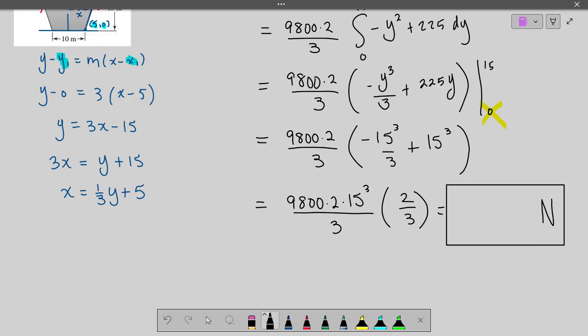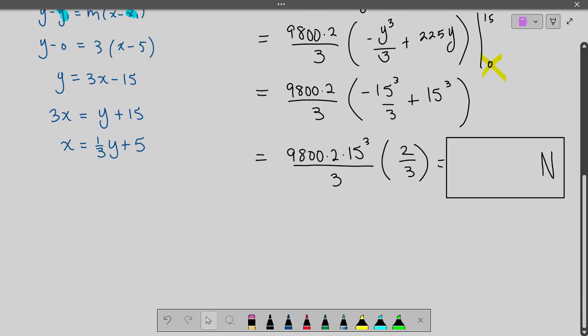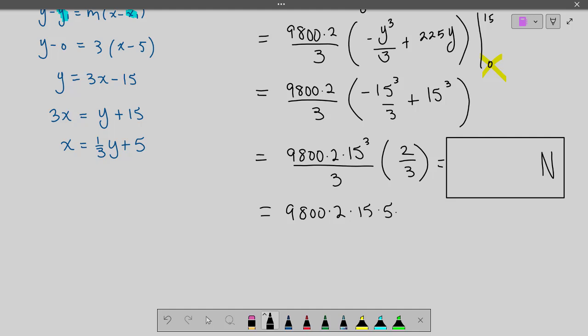I don't see a lot of cancellation there. I see that we could simplify this 15. There's a 3 that would go into one of them, and a 3 that would go into another one of them. So if we're just doing it by hand, this is what I would end up with: one of the 15s sticks, and 2 of the other 15s turn into 5s. And I guess I would turn that 2 into a 4. So if somebody wants to multiply all that together,